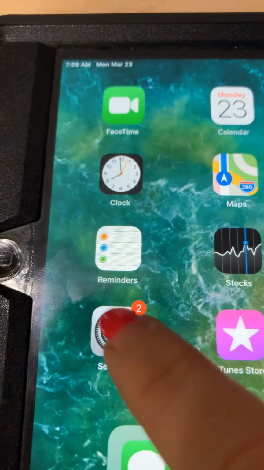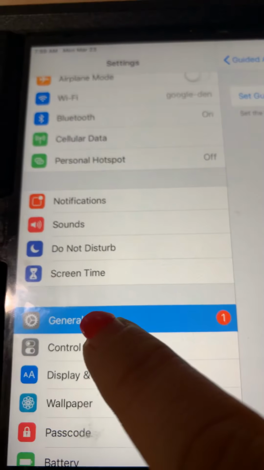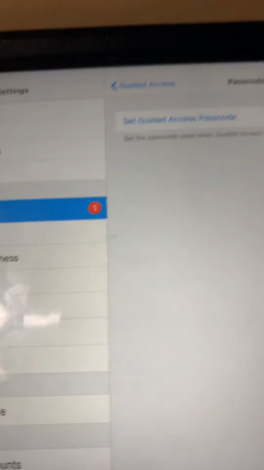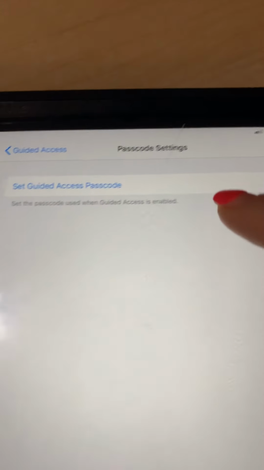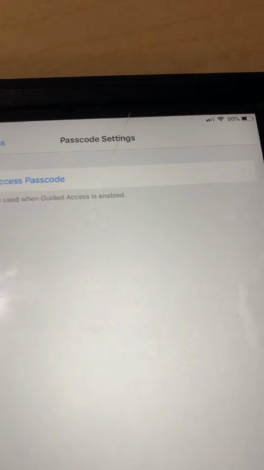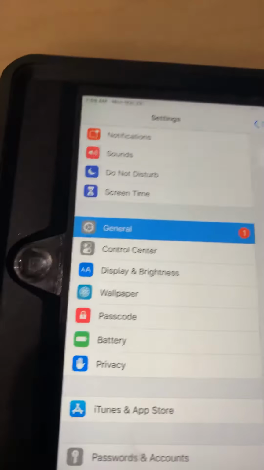I know not all of us have iPads, but like I said, you can also do this on a phone. The guided access is the same on the phone. So if you don't want your child getting into something, all you have to do is, again, let me show you one more time. You go to settings, you go to general, so you're gonna have to probably scroll down to general, and then go to the screens where it says, you know, set up passcode or whatever. If you ever want to take it off,